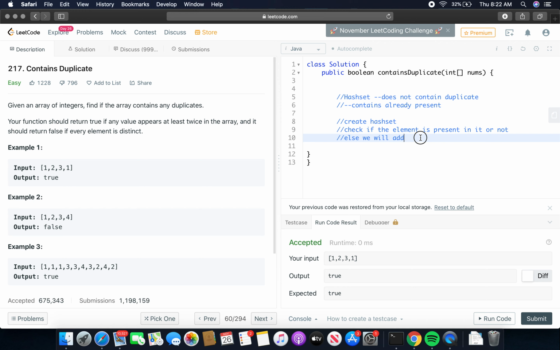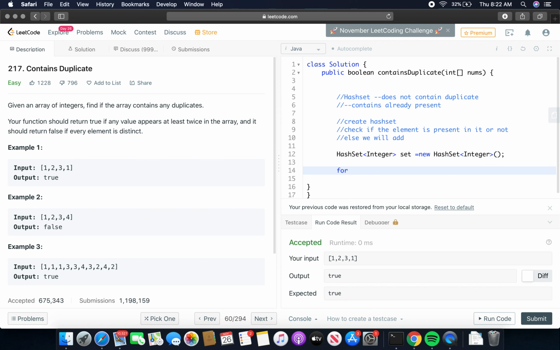So let's see, the solution would be like this. Let's create a HashSet of Integer, and name it set, equals new HashSet. We have initialized the HashSet.